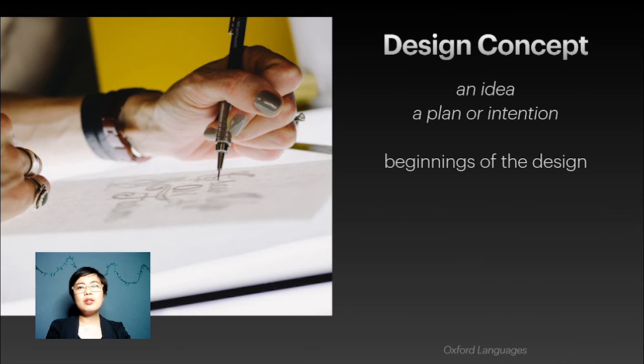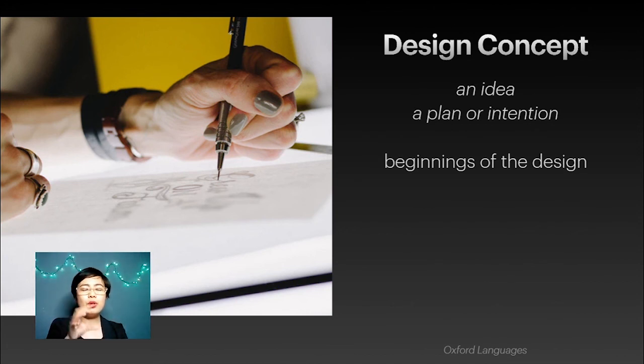So, may mga design concept, minsan pinipili nila prutas, nakita niya yung oranges naka-slice in a certain way and it inspired yung shape ng design. Pwedeng ganon. So, it's an idea, it's an intention na pwede mong sundan and that is the beginnings of the design. So, a design concept could either be a tangible object.